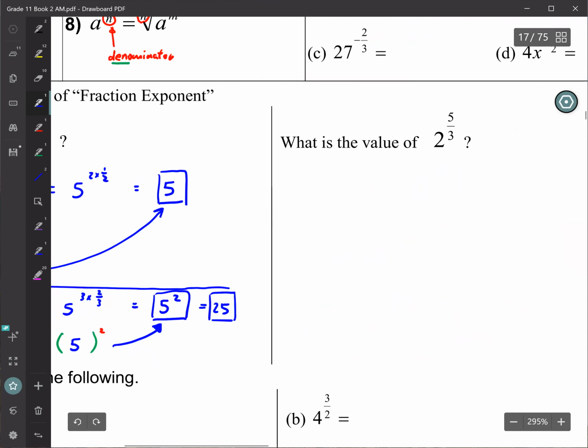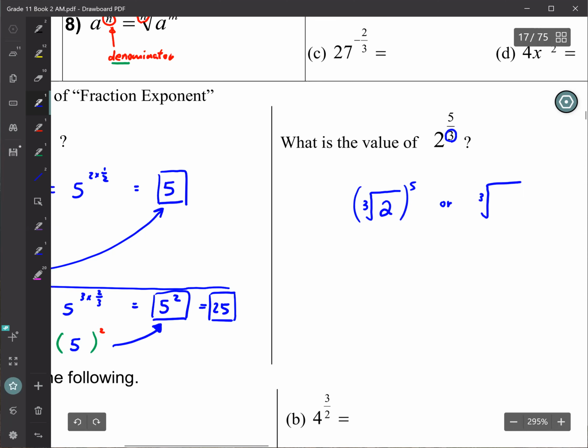So remember, you don't use a calculator. Just go as far as you can. So for example, like this one, what is the value of 2 to the 5 over 3? Just remember denominator is index. So you would have the cube root of 2 to the 5. That's one way. But since I cannot find the cube root of 2 inside, another way you can write it is